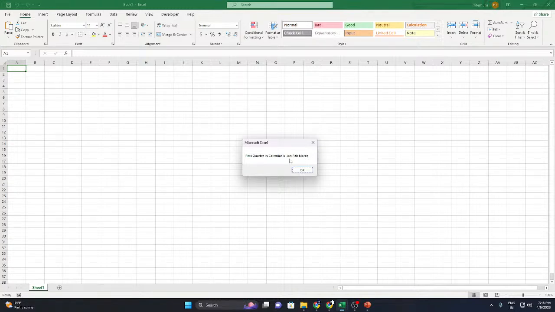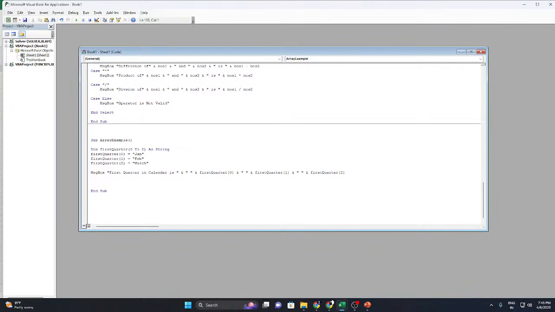First quarter in the calendar is January, February, March, right? So in this way the array concept has worked. Now if you want to use the second quarter, the first quarter you have executed, you can take it as the second quarter, same, nothing else. You can copy this code,